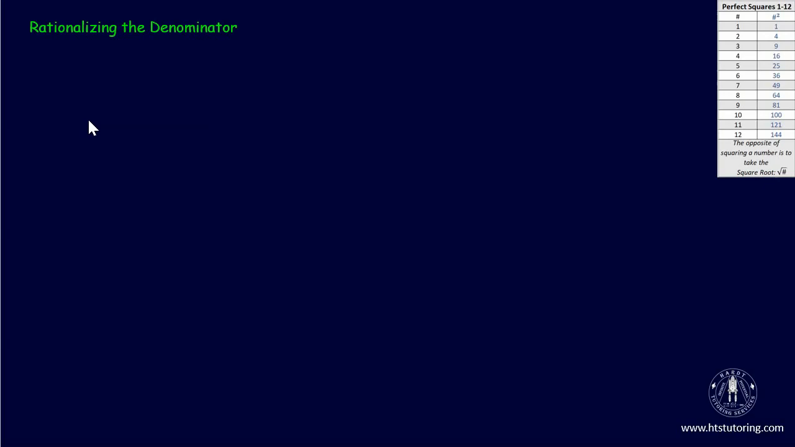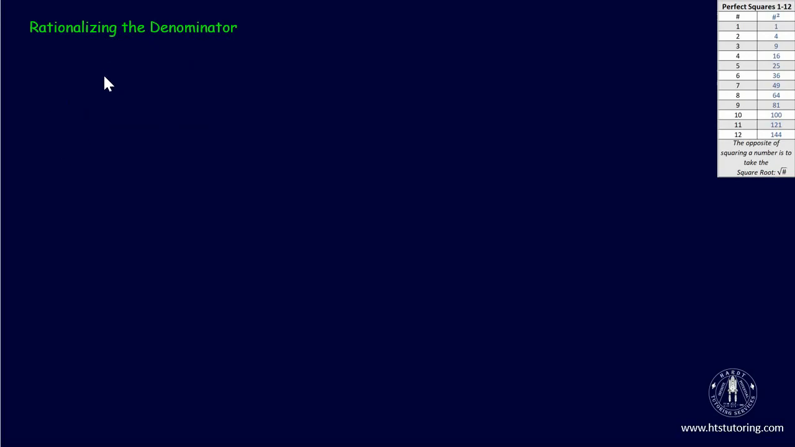All right, part of working with radicals, you're going to end up with problems where the radical is actually in the denominator. And we don't want the radical in the denominator. So what we do is we do something called rationalizing the denominator. We do not leave radicals in the denominator or square roots in the denominator or cube roots or anything in